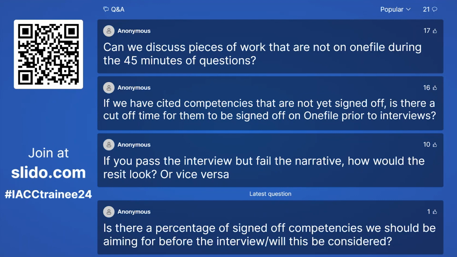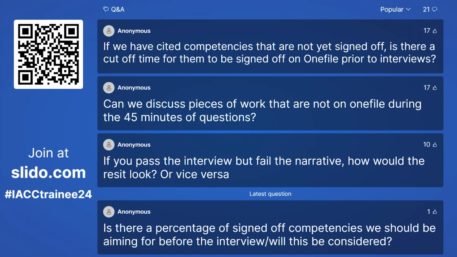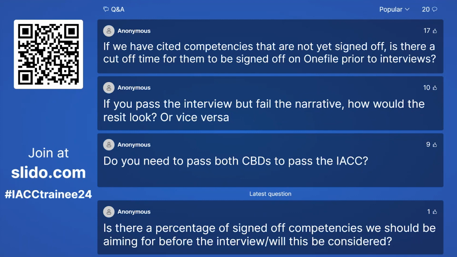If you can support it with your experience, and it's pertinent and relevant, you can refer to it. It may not be a solid competency. It may just be an experience of how you applied leadership or how you showed a limit to your scope of practice. But if it's something that can be evidenced, you can include it in your interview.